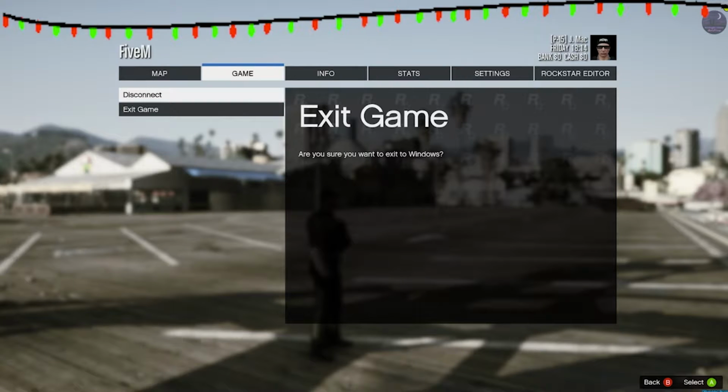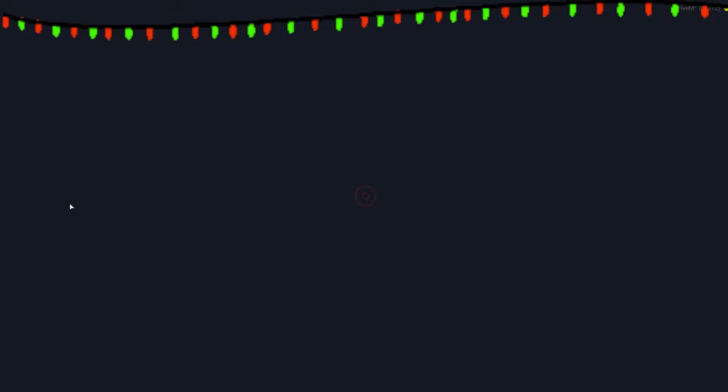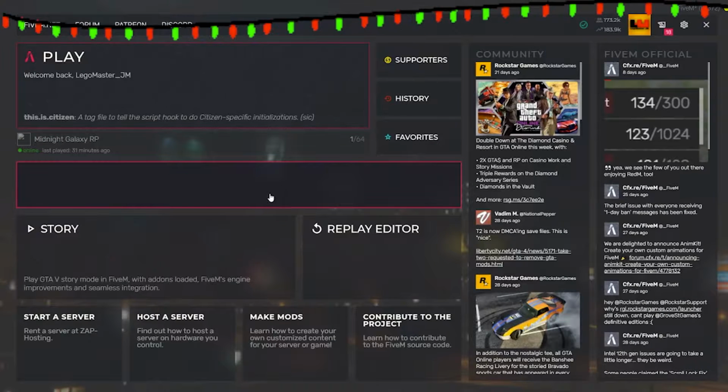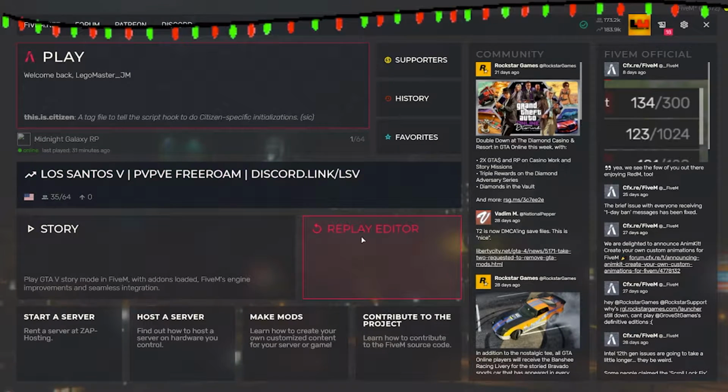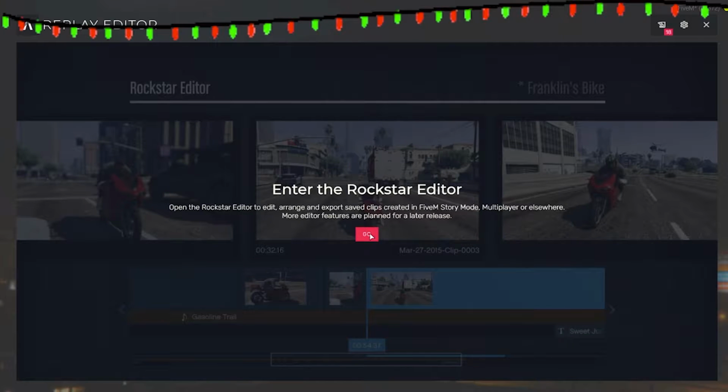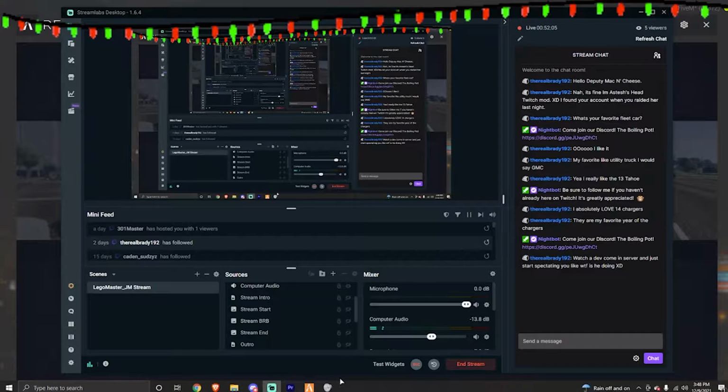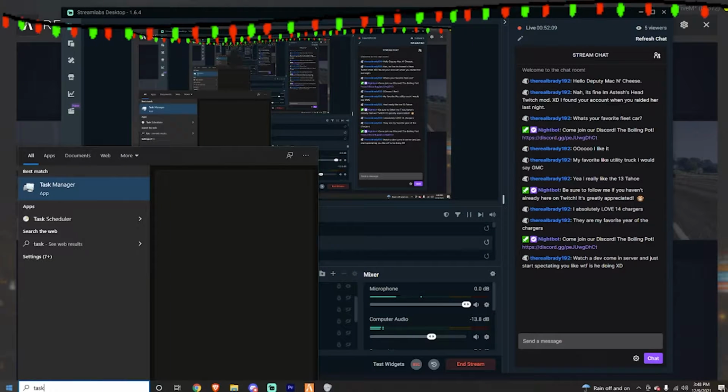Nope, we're not gonna exit the desktop. We're just gonna disconnect from the server, and we're going to go to the replay editor, Rockstar editor, if it'll go to it. I think it's being dumb again, so let me open Task Manager.